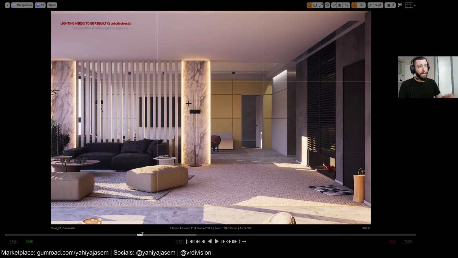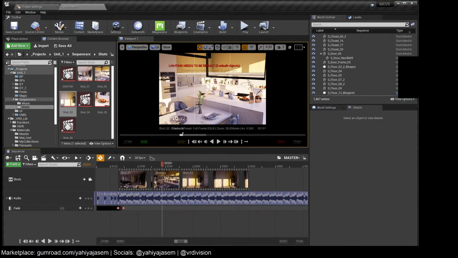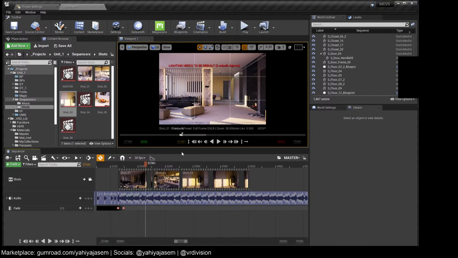If I look at this shot and it's a nice shot moving forward, where could I go from here? I could show the sofa in a nice way, or the column here. So instead of ending the shot on this place that has nothing to do with what we see here,